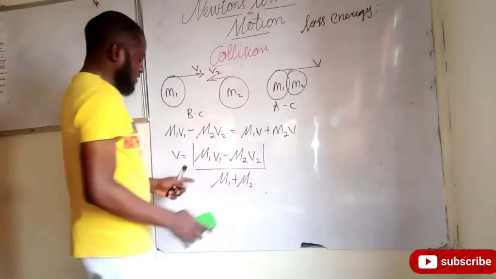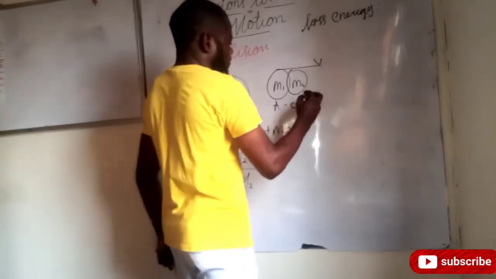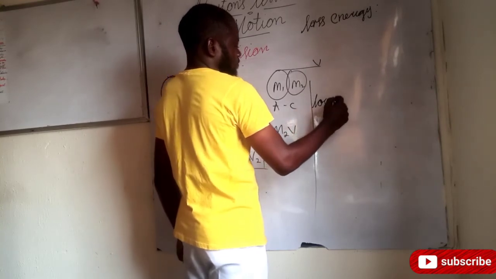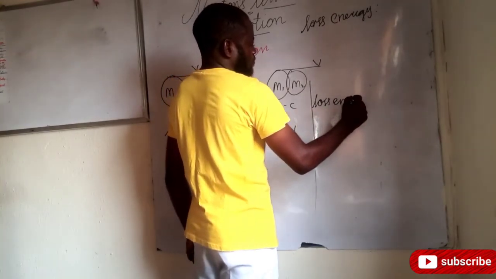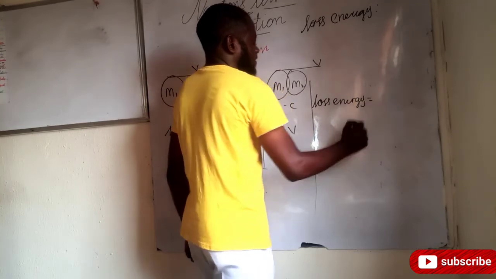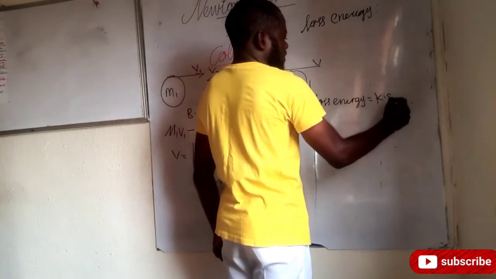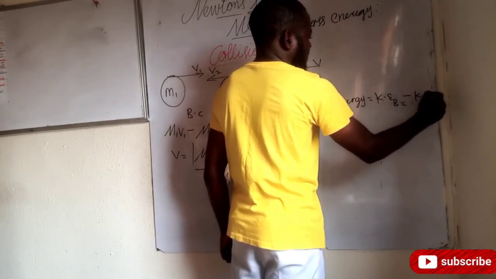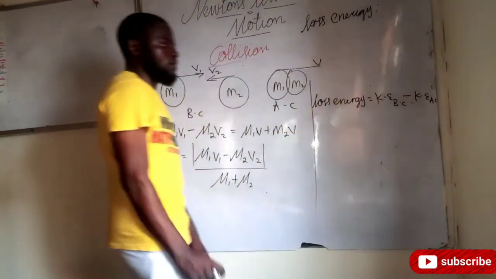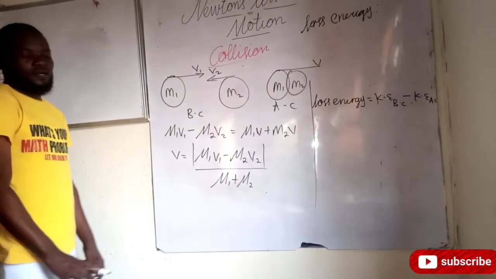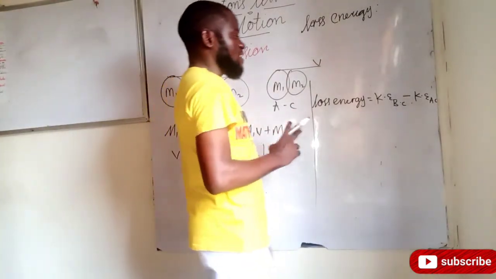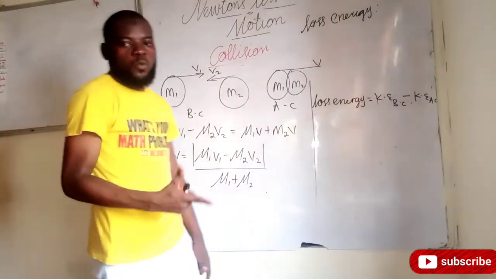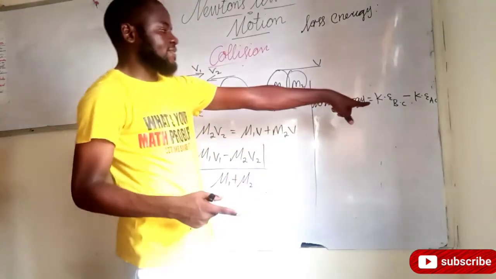So if that is the case, what will be the lost energy? Because there must be a lost energy. Yes. The lost energy is still going to be the kinetic energy before collision minus the kinetic energy after collision. Do you understand it now? Now, we'd like you to understand something here, that it's not going to be 1 over 2 mv square minus, no. Why? Because